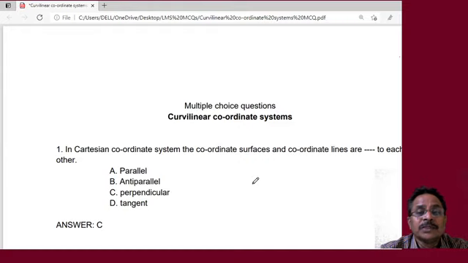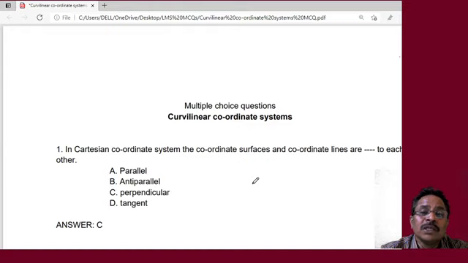So in the theory of this system, we come across different types of parameters like coordinate axis, coordinates, then coordinate plane. Then we go for different types of scale factors, metric coefficients, and once we understand all these things, then we